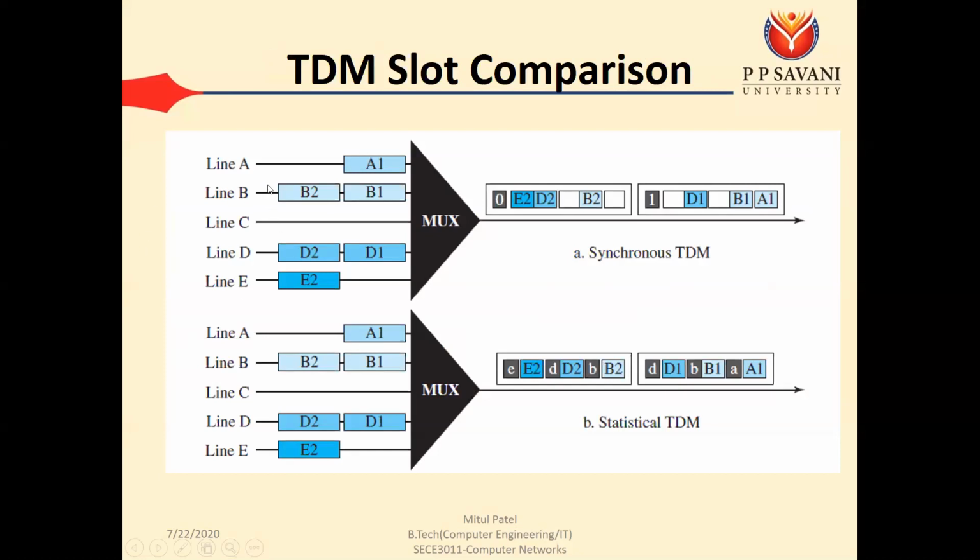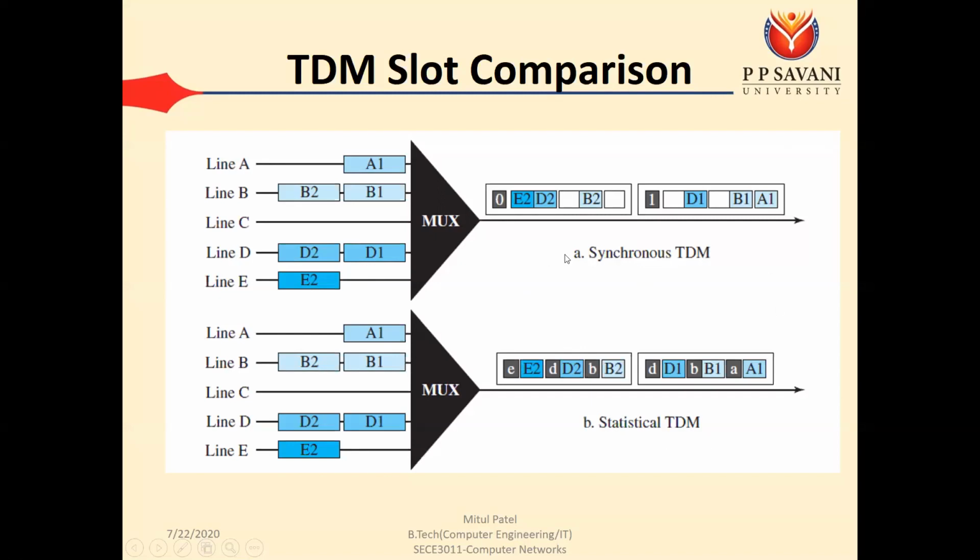For example, we have the 1 2 3 4 5 lines, so we can say the 5 connections are there. એમાં જે પહેલી line છે એમાં ખાલી પહેલા time slot માં data છે, બીજામાં નથી. બીજી line માં બંને slot માં છે, ત્રીજી line માં એક પણ slot માં નથી, ચોથી line D માં બંને slot માં છે અને પાંચમી line માં પહેલા slot માં નથી. Same way we are using the second multiplexer. This is the comparison, so same things are there. One is synchronous TDM and this one is the statistical TDM.